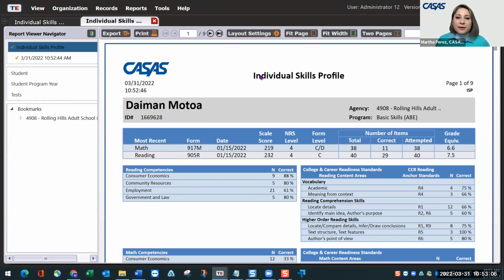It'll have the name of the report on the top. It has the name of the student, their ID number, the name of the school, and then the program that the student is enrolled into. And it'll give you the most recent assessments with their date, their form number, their score, the NRS level they're at,